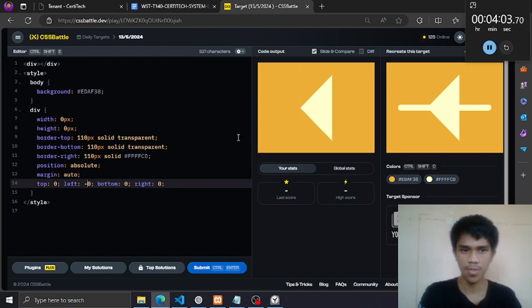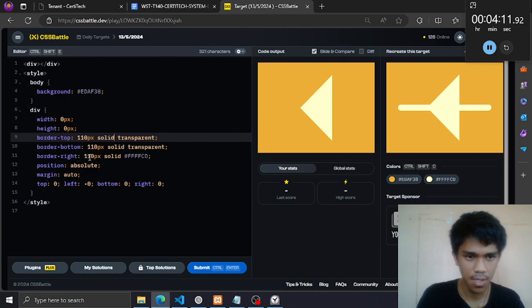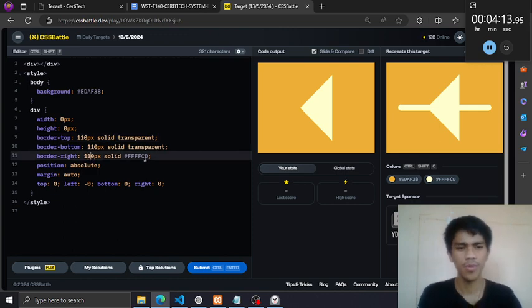No, let's not push this because I see the right side, we need more width of this triangle. 20.